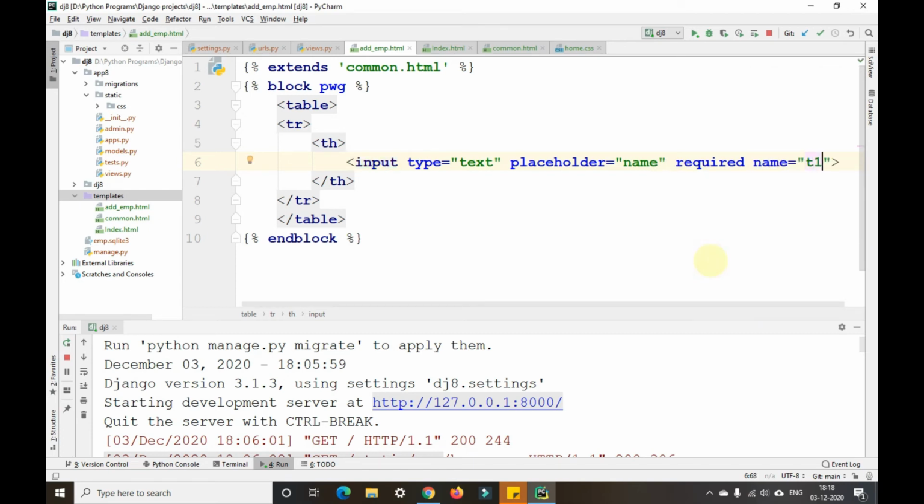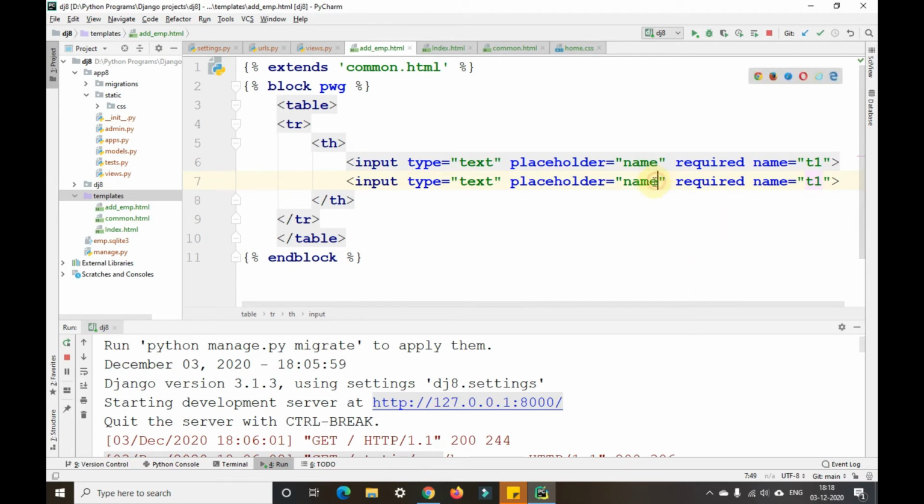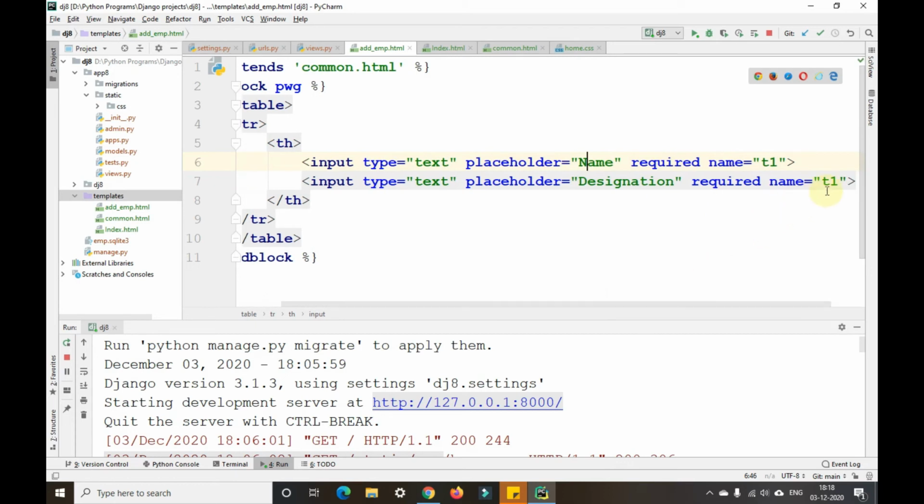Okay. In the same way, I'll give the employee designation text, designation, name equals to T2. Okay.